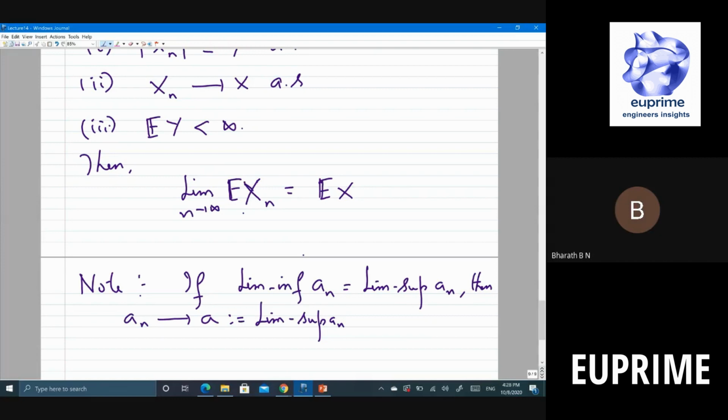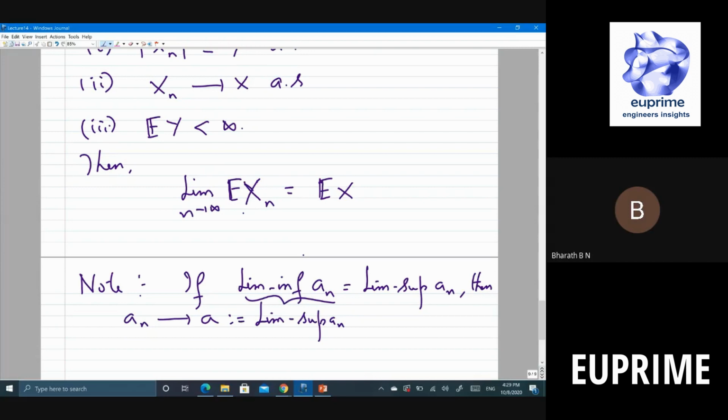So basically you show that liminf is less than or equal to this, and limsup is less than or equal to this. You have to show that liminf of an is greater than or equal to this, and limsup of this is greater than or equal to liminf, therefore both are equal and the equality is the expected value of X. That's the idea of the proof.